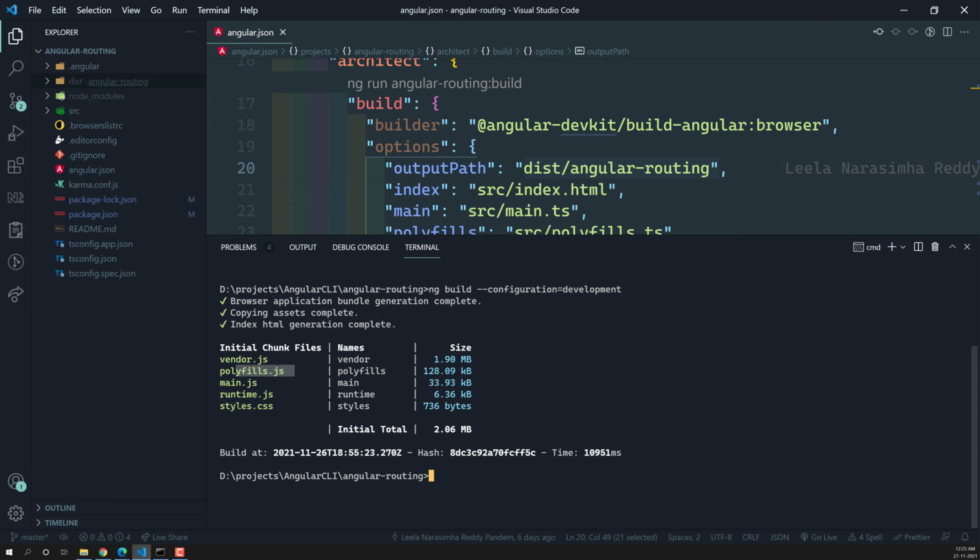Polyfills.js file. So these are all the files. But now if you try to see here, the styles.js file is not created. That was for serving purposes. So the JS file is created when serving, but when we are building manually, the JS file is not created.